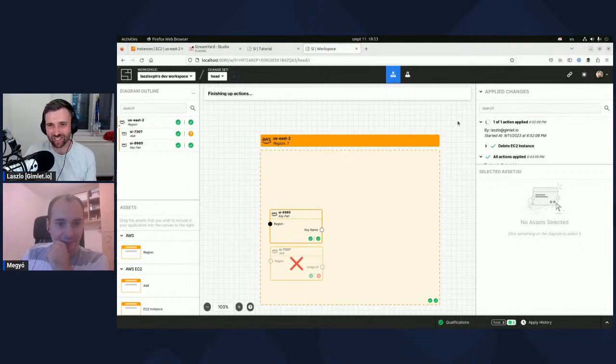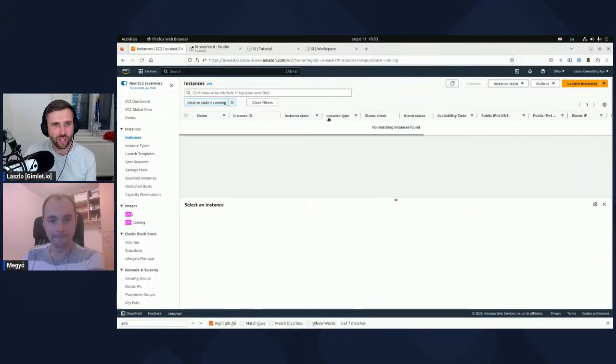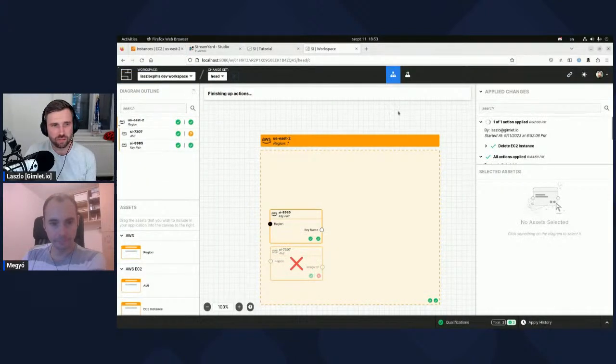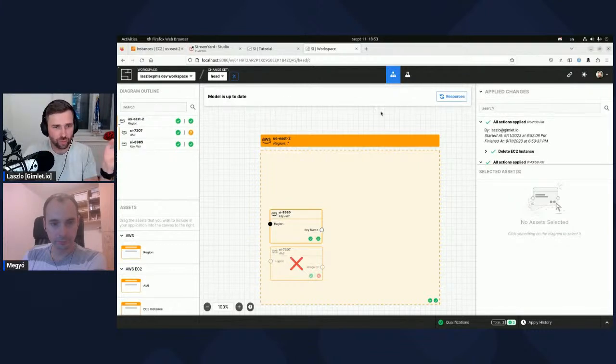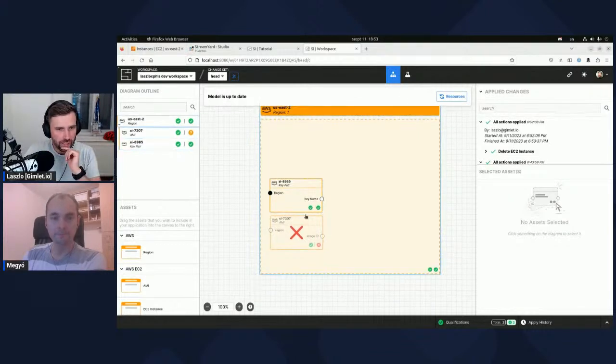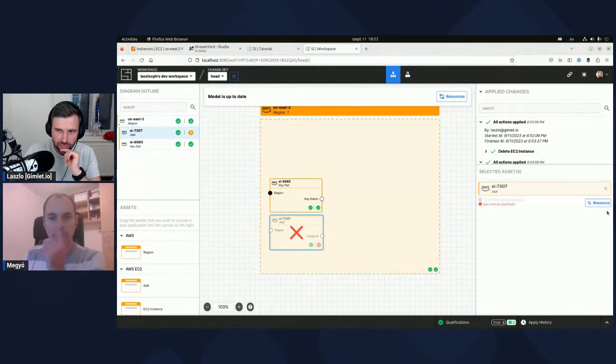Actions delete. Okay. Finishing up actions. So the node is gone. It is still spinning. I will give it another minute and then it's up to date. Good. And what is this?